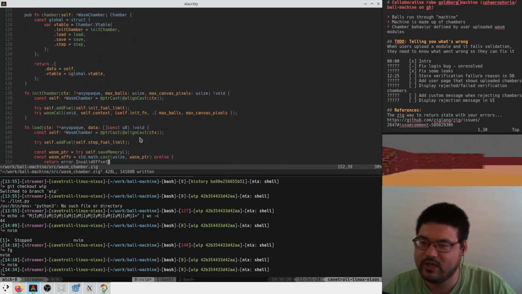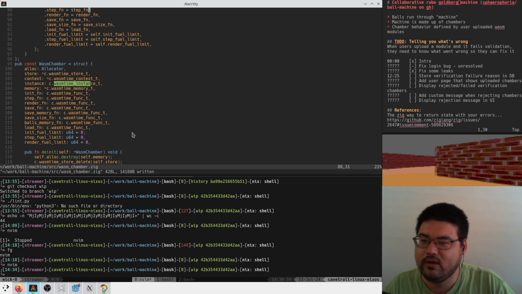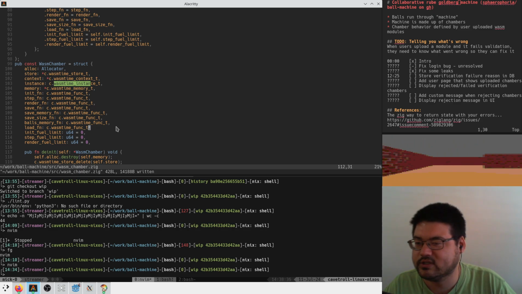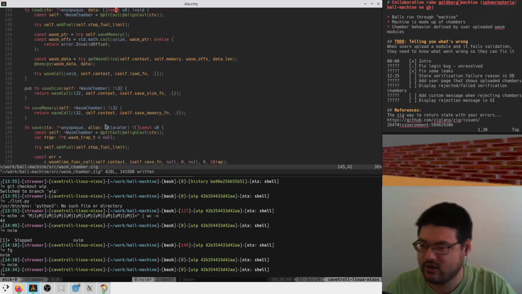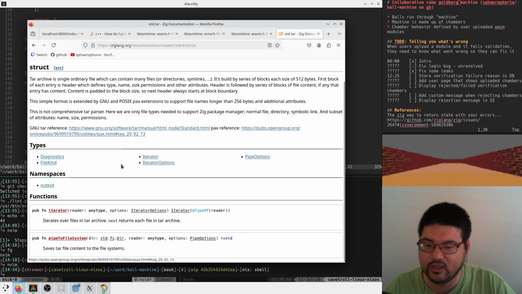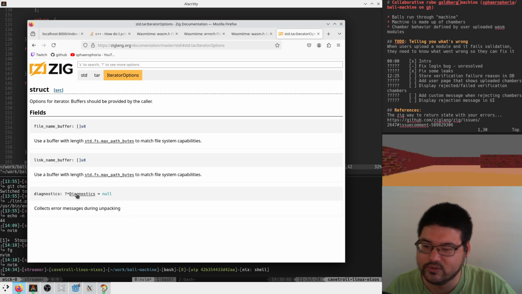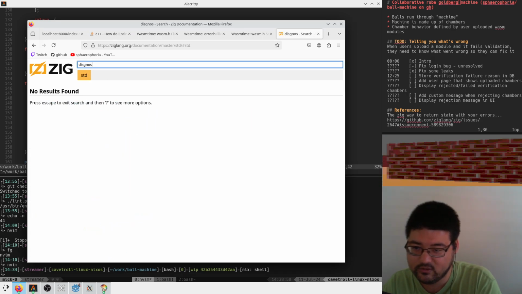So I think we'll do it that way. And so I guess maybe we can associate the diagnostics with the chamber, so that we don't have to pass it down every call, right? That's similar to what we were saying here, where they construct their iterator, and their iterator owns the diagnostics. I think that's the similar pattern that I saw with the JSON diagnostics,